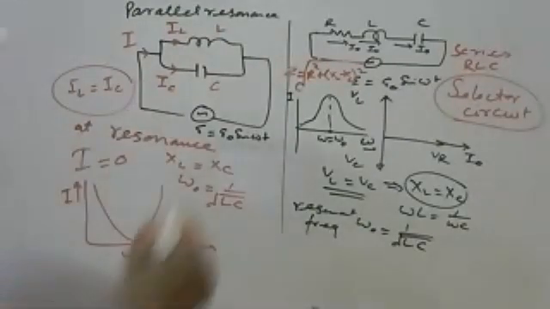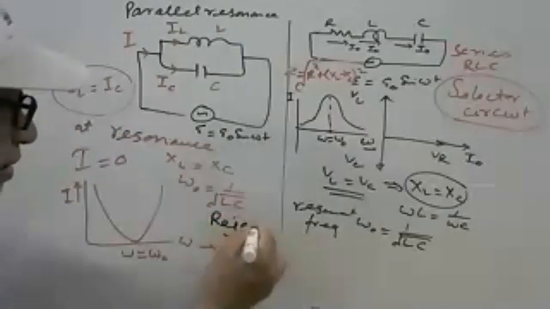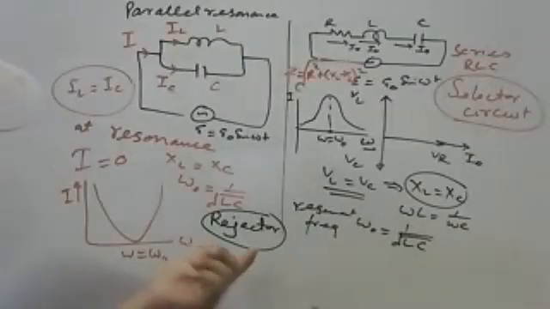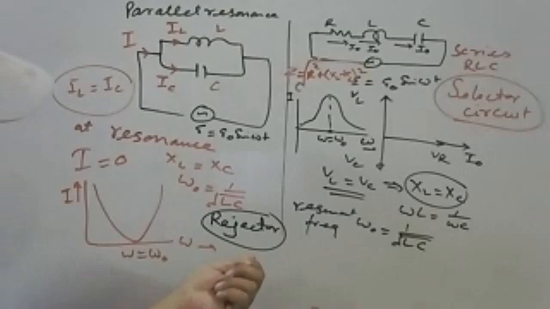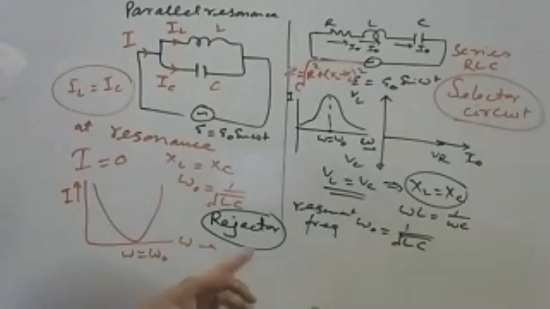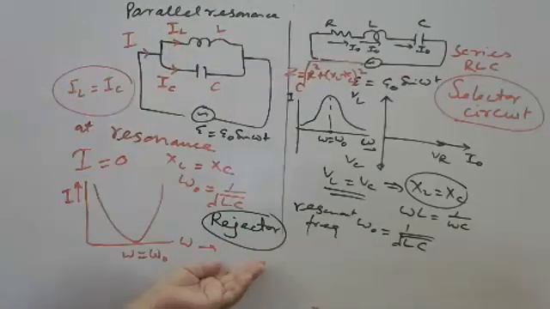So it is called rejector circuit. What do you mean by the rejector circuit? Suppose one small kid is interested to see any video which is not desirable, like a cartoon movie, or in mobile some person is teaching you, so that particular frequency can be rejected using the parallel resonance circuit. So even if he or she is making a phone call, you are not receiving it.